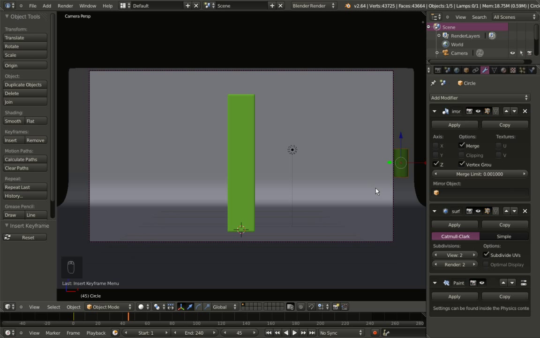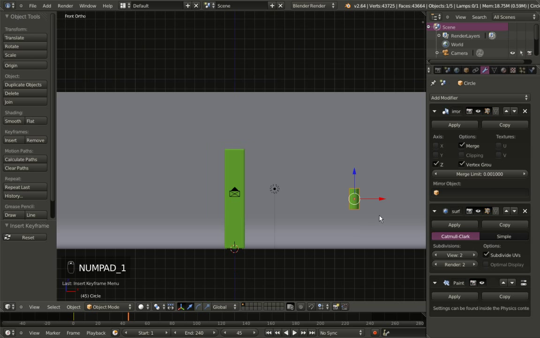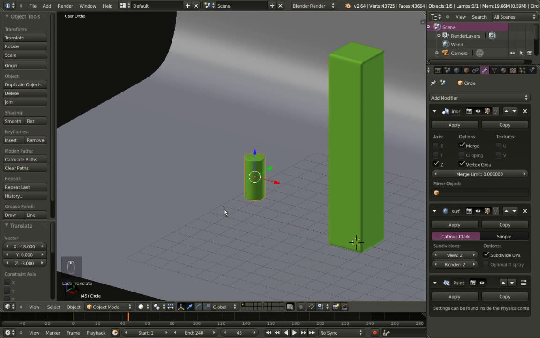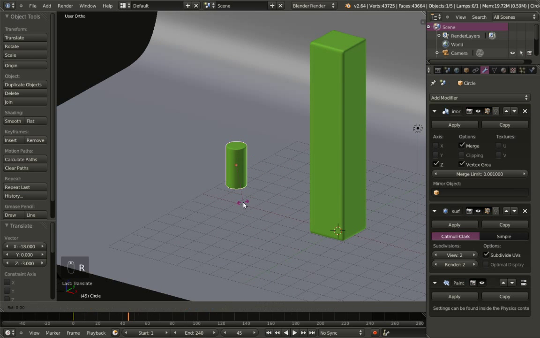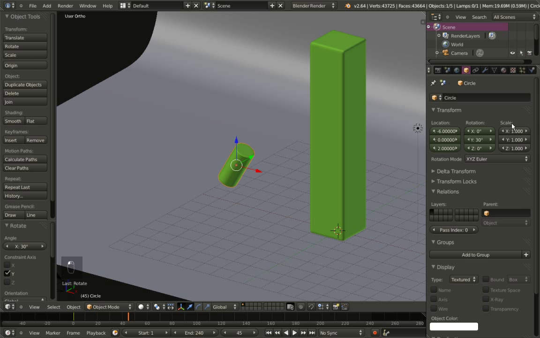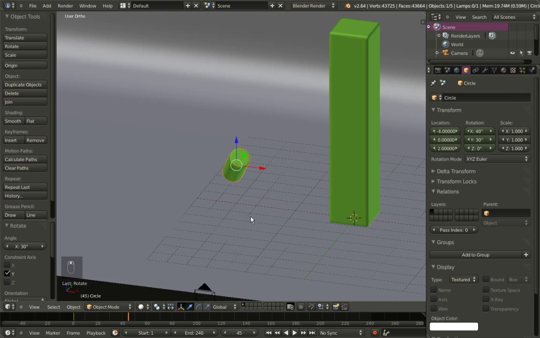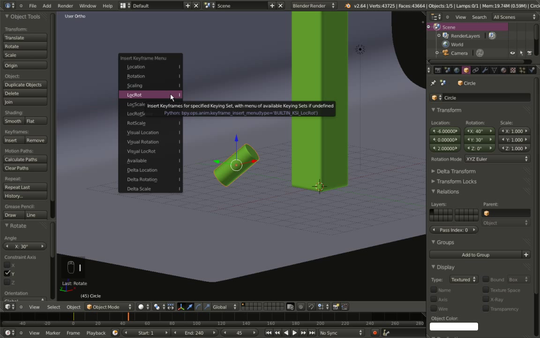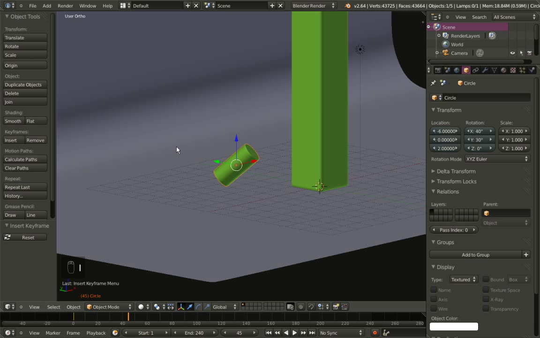45 and hit 1 on my numeric keypad, and I'll hit the Z key to grab my cylinder, move it at about here, and I want to rotate my cylinder as well. I'll hit R and Y. Let's rotate it on Y axis. Let's move over to the transform options. Y is set to 30, and let's set some rotation for the X axis. Let's set it to 40. And we're at frame 45. We have moved our cylinder, and I'll now hit the I key to insert the location rotation keyframe for frame